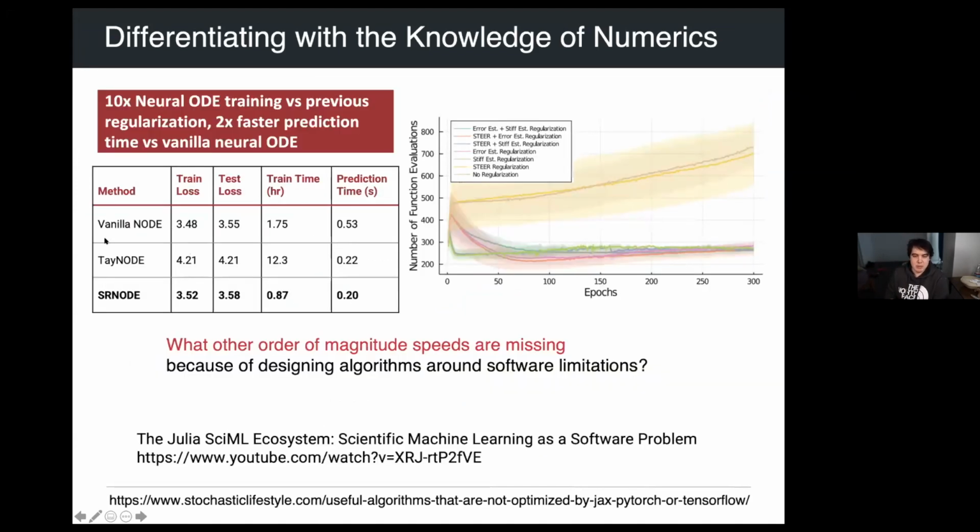If you allow the differential equation solver to be used as part of your algorithm, you don't have to come up with a way to do fifth-order automatic differentiation and try to make machine learning discover the error, right? We already have the physical tools for knowing exactly what that error should be. And if we incorporate that into our machine learning, we'll be able to really accelerate what we can do.